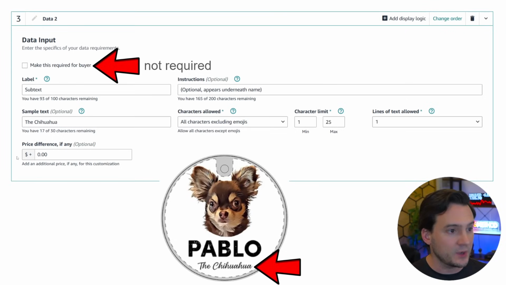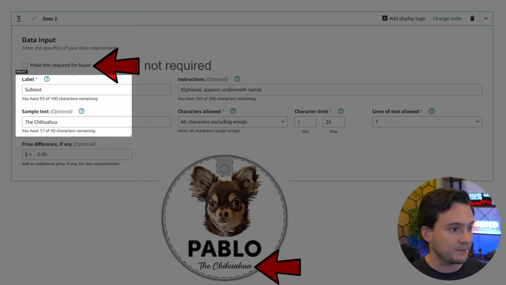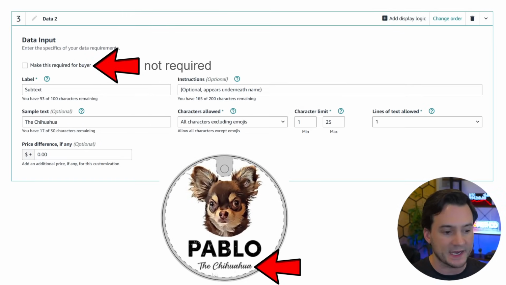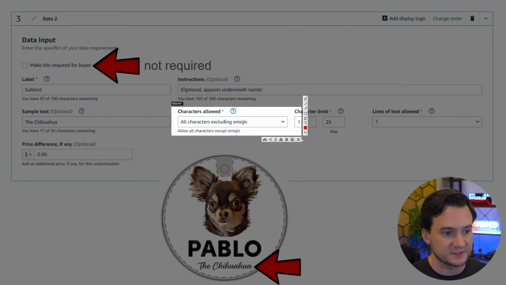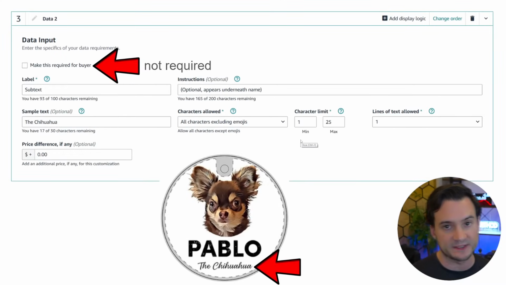For the next input, this is the subtext. I labeled it subtext. I put the sample text, the Chihuahua. Again, I just matched what's in the demo. I did include some extra instructions. I made it optional, so I just put under instructions in parentheses, optional appears underneath name. I set the character limit again. And under characters allowed, I just did all characters, excluding emojis, because this one doesn't have to be forced to